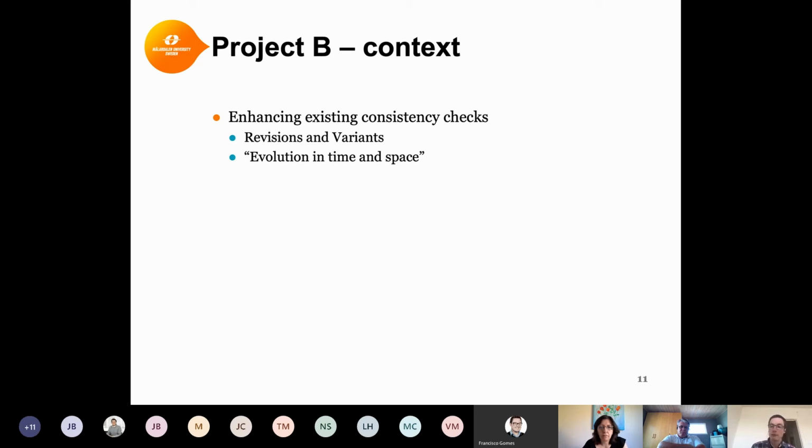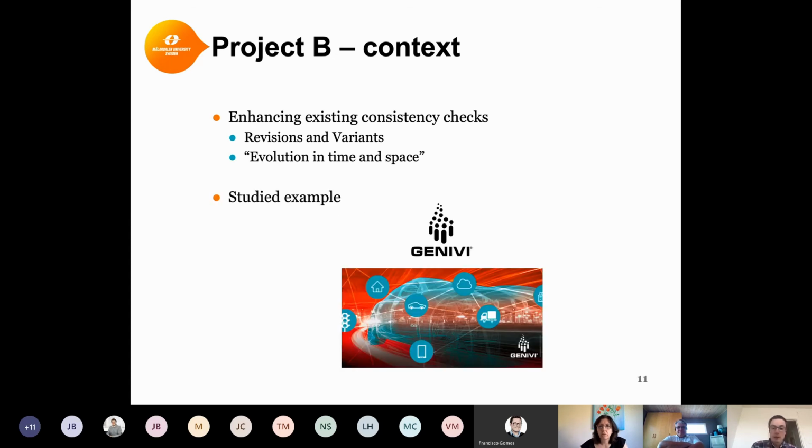So in other research, people have referred to these as software evolution in time and space, where they're talking about unifying version and variability modeling, variability management for software engineering. So what we've done in this project is we've created some example models to compare different ways of modeling product variants containing software components. And in these examples, we consider the open source Geneva system, which provides some middleware infrastructure for in-vehicle infotainment. And we use this example because it's using software components, and also there's some architectural similarity between this and the real system that we will not be able to publish things about. So it's good to have some working example that we can show things on.